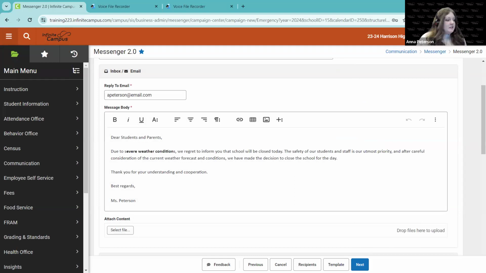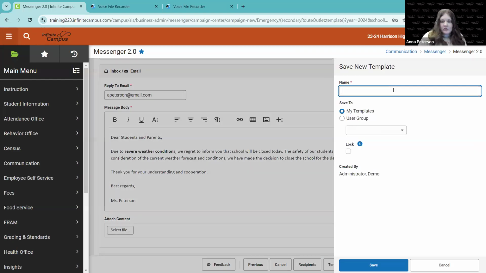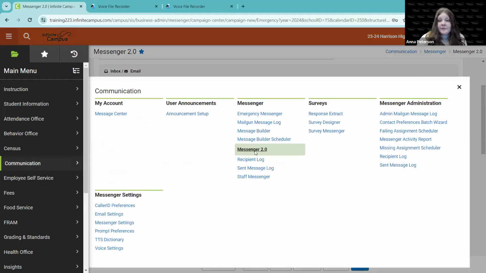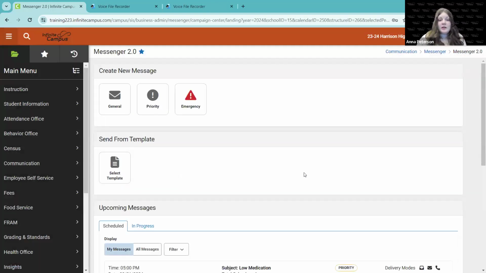Good question. Right. Actually, before I go on, I'm going to go ahead and save that template this time. And I'll save it to my administrators group. Now, let's say I return to the tool at a different time and I load up my main Messenger 2.0 screen now. Now I can choose the Select Template button,